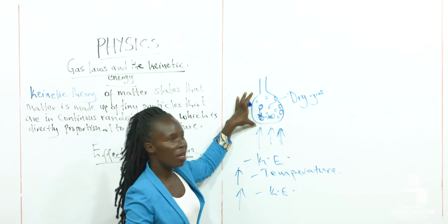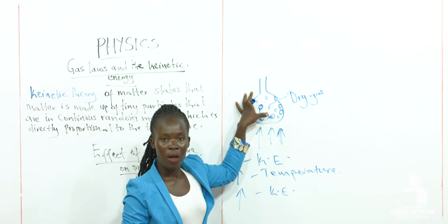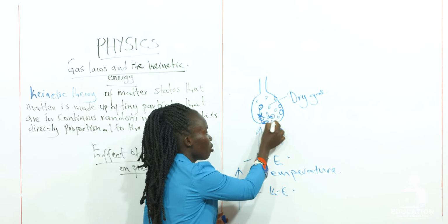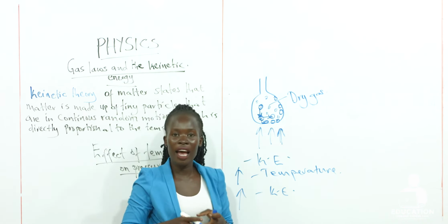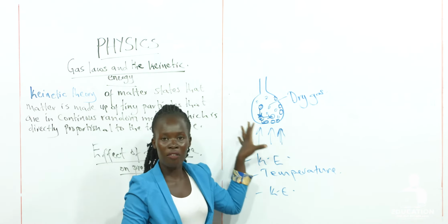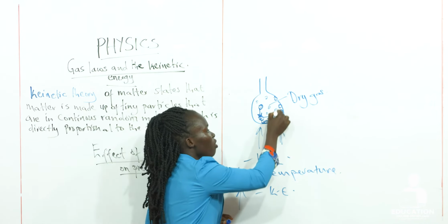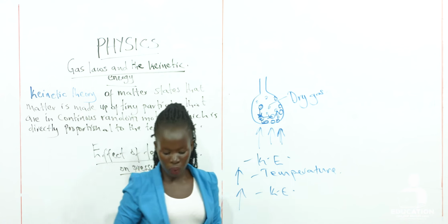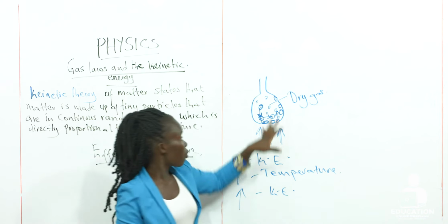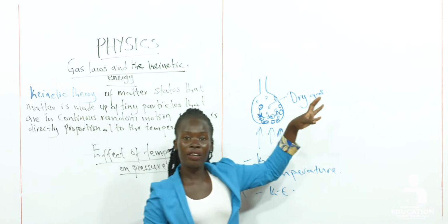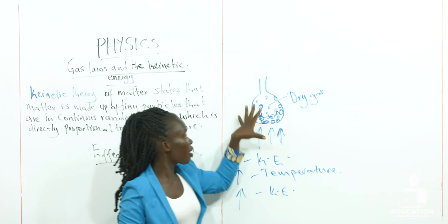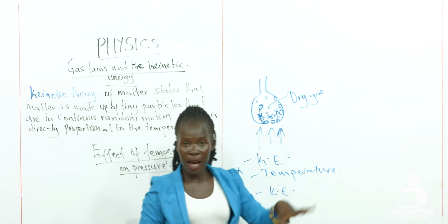This wall here has got particles too, but it does not mean that when these molecules come, they will remain on the wall. No, because of their elastic nature, they will leave the surface of the flask and continue with their motion of collision. So when they continue with their motion, there will be an increase in the force that is created in the flask. Meaning that our pressure will be